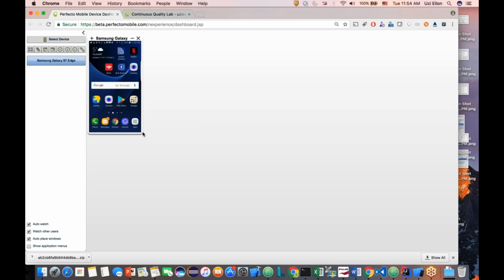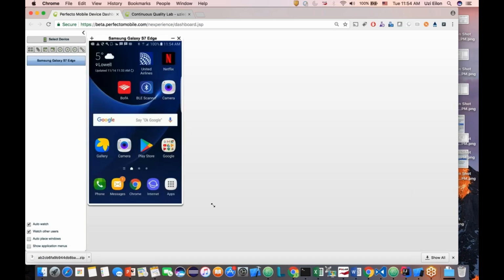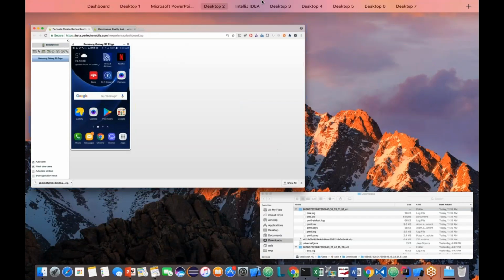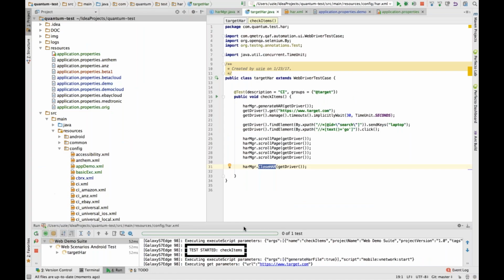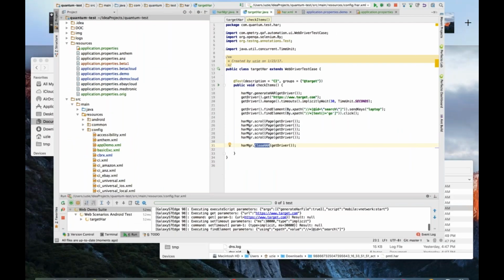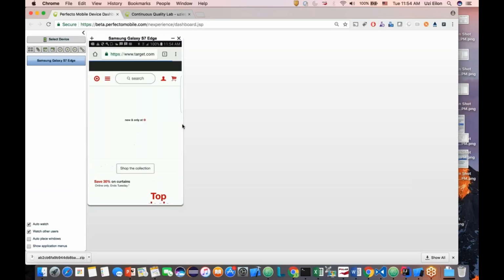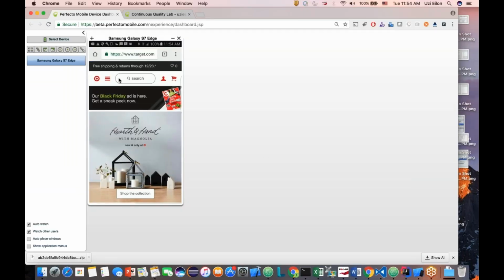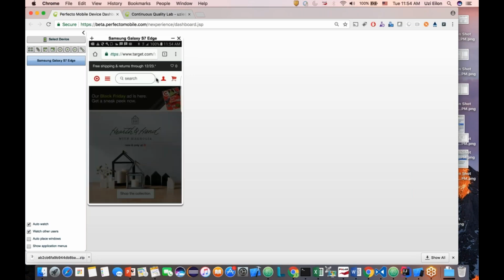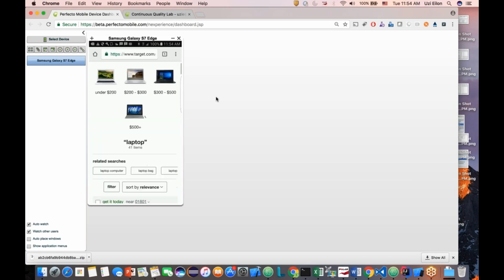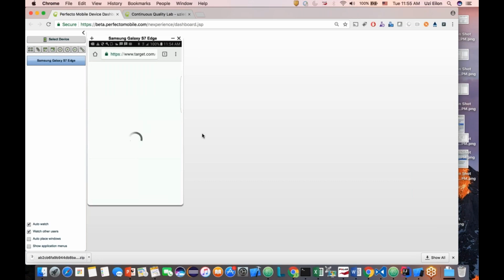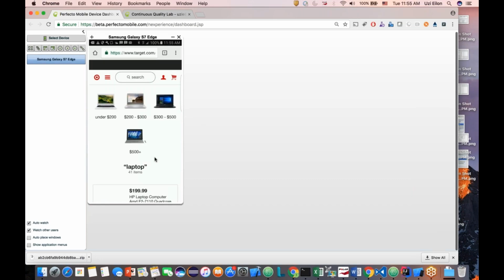So I open it on the Galaxy. You will see that the target site will be open on the Galaxy. The driver is being opened right now, and we are starting our test. We're going to target.com. We're looking for the search, entering laptop, pressing the go button. Very simple script, and then we would like to scroll down all the way down this